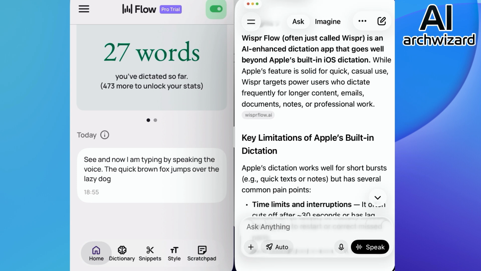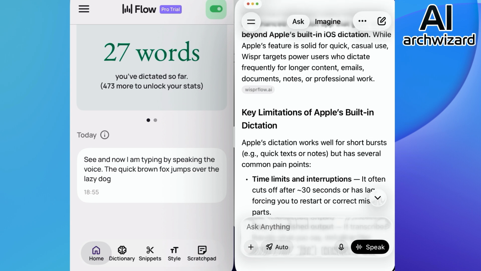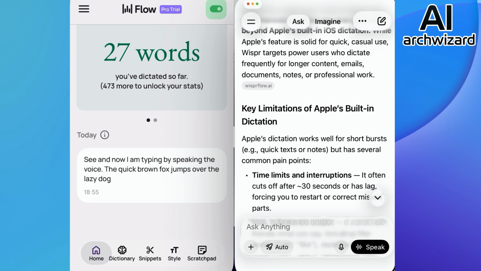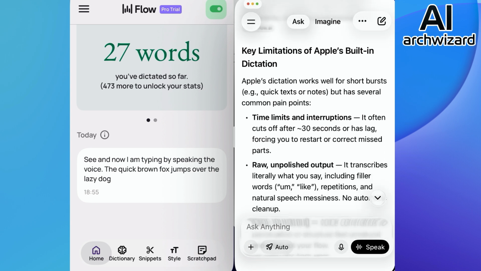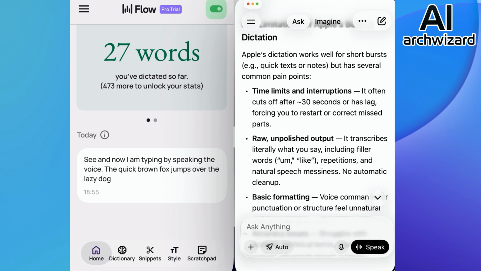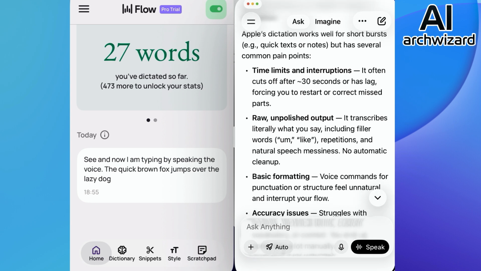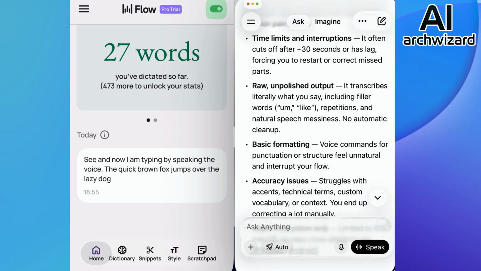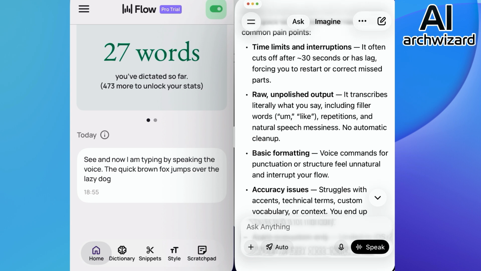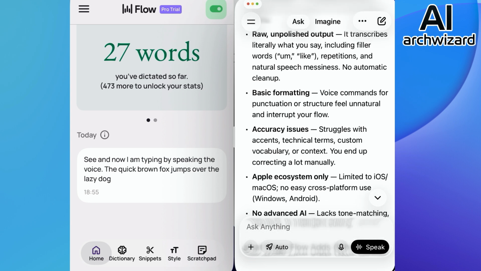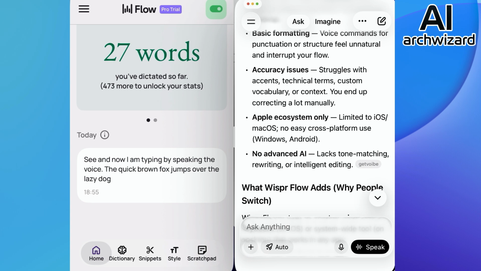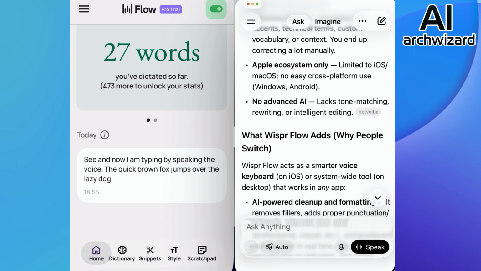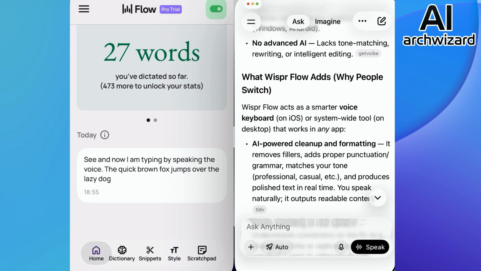Because Apple is solid for quick use, Wispr targets power users who dictate frequently. And there are limitations of the built-in Apple dictation. There are time limits. It is unpolished raw output, basic formatting, there are accuracy issues, and there is no advanced